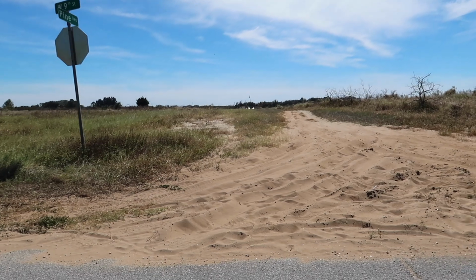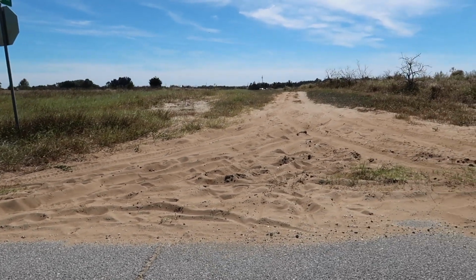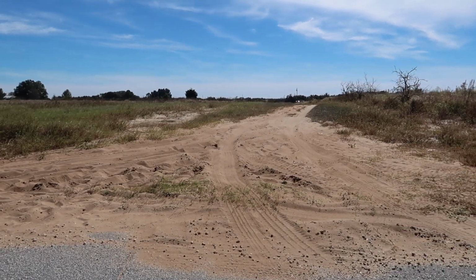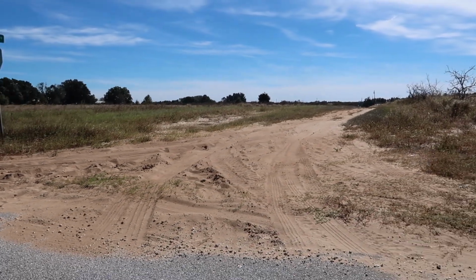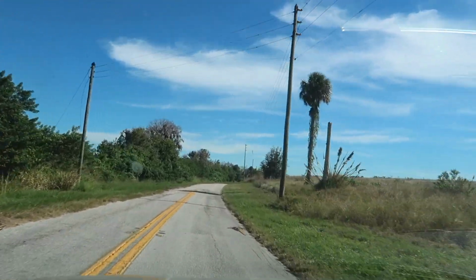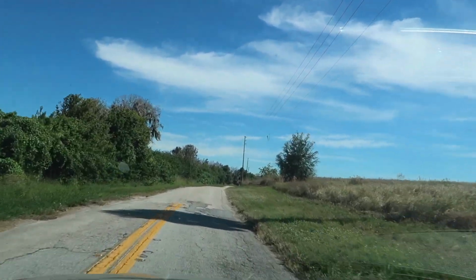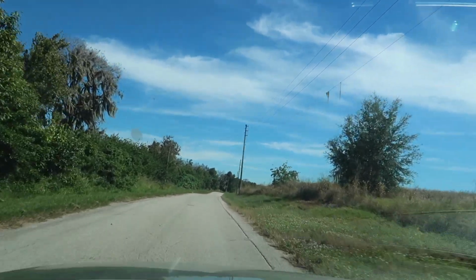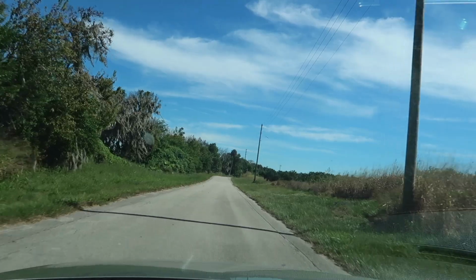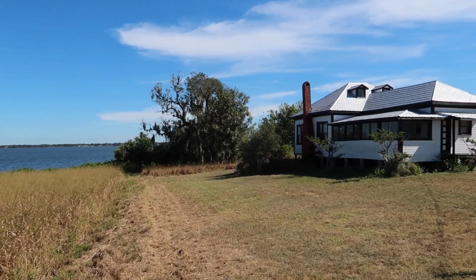Check that out. If I were to drive down Pine Avenue right there, or Pine Street, I wouldn't make it out. Not in this two-wheel front-wheel drive car. And on the south side of Reedy Lake, there's something ahead that looks awesome. I've been actually anticipating this moment all day. Right next to Reedy Lake,